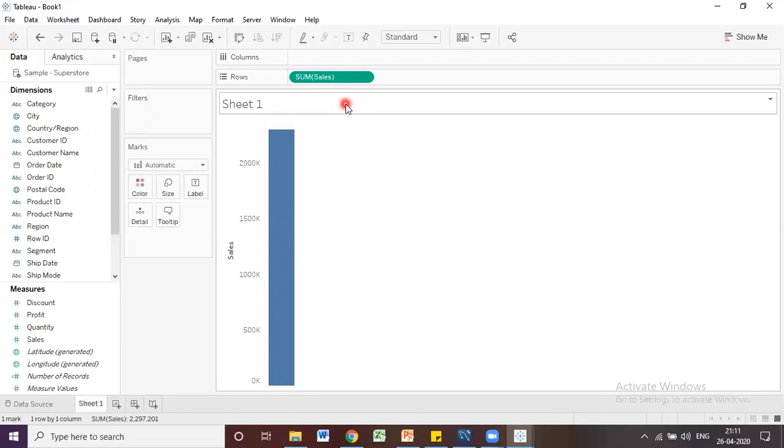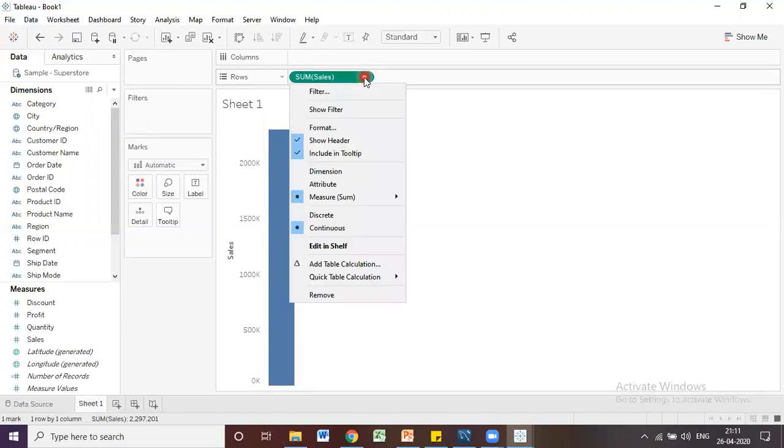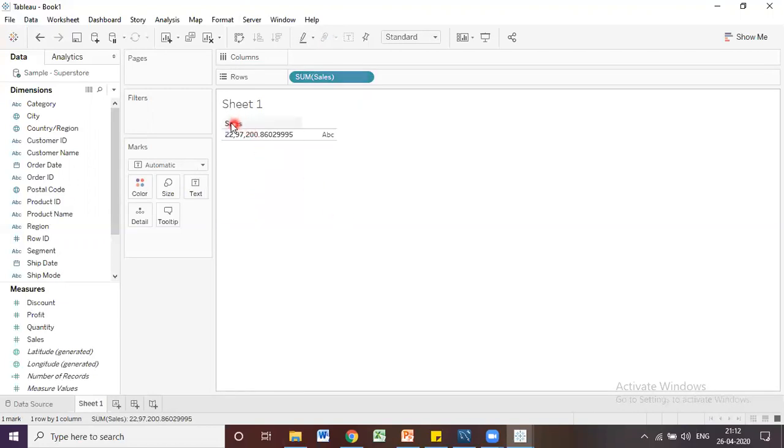Now you can change the measures from continuous to discrete and discrete to continuous. For example, I am going to change this from continuous to discrete. Now this is continuous, it generates the axis. Once you convert it into discrete, the green color is going to be blue and it's not going to show the axis. Let me click on discrete. Now you can see it's generated the heading, but there is no axis, and the color of this field also changed into discrete.